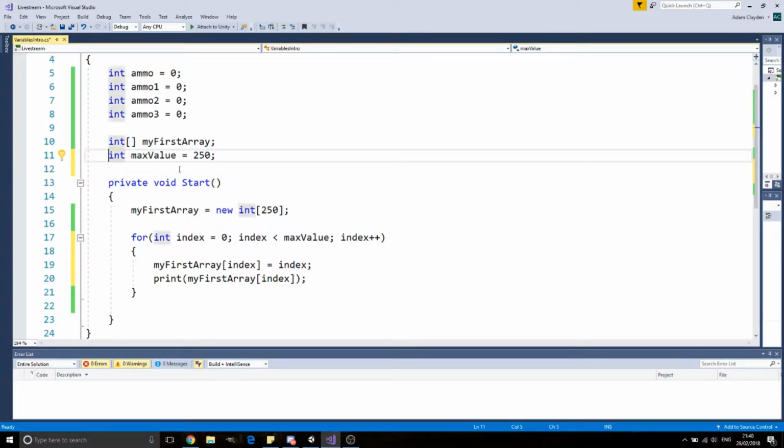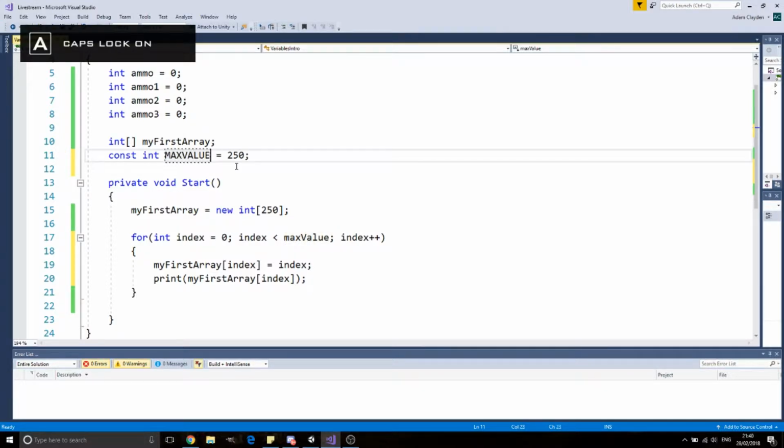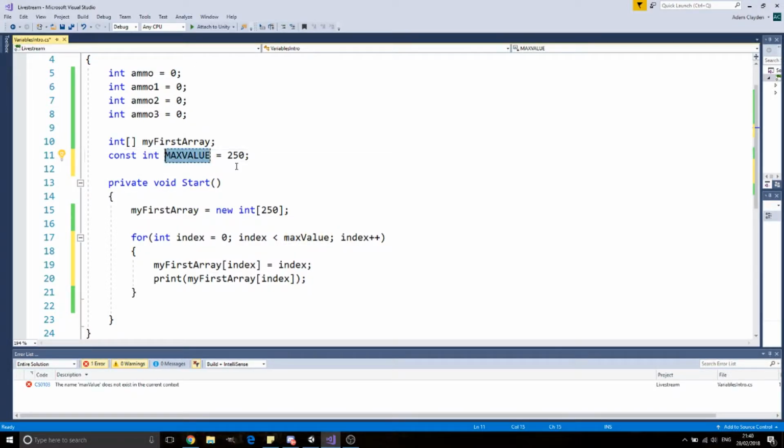So to really force it to do that, we can give it a constant type. And the shorthand for that is, if you write const and then the data type, this keyword means this variable will have one value only forever. It's never going to change. And usually you would give constants an all caps